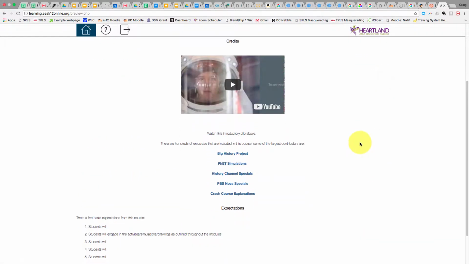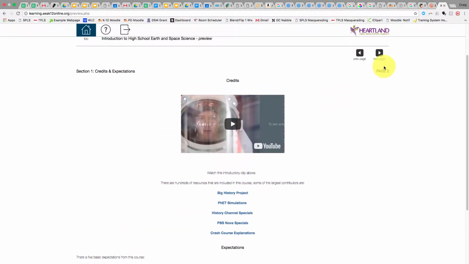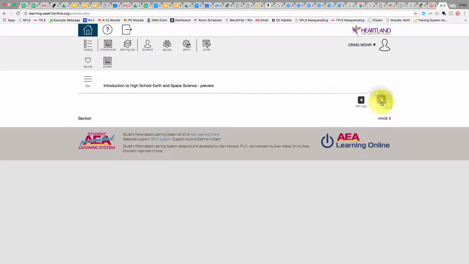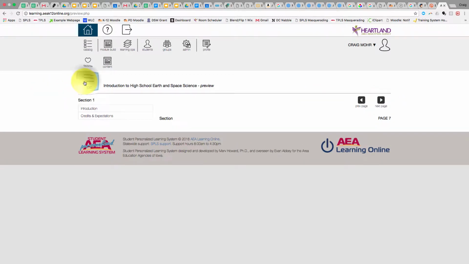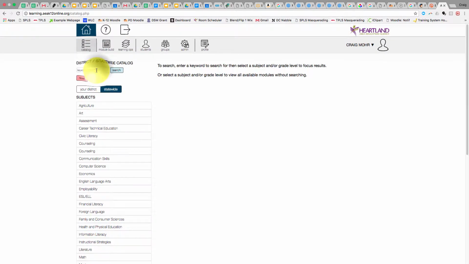If we go through here, it'll give you a background on what we're going to do. You'll see I still have some work to do on filling things in. This is how the course works. When there's stuff to do, it'll tell you there's stuff to do. That takes you to the end of that one. If we go back to